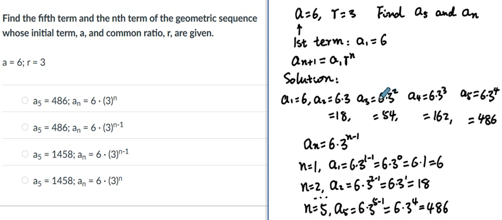And then the third one, the second one is found already. Third one is 6 times 3 squared. So we know 3 squared is 9. 6 times 9 is 54. Similarly, for a4, we shall have 6 times 3 cubed,